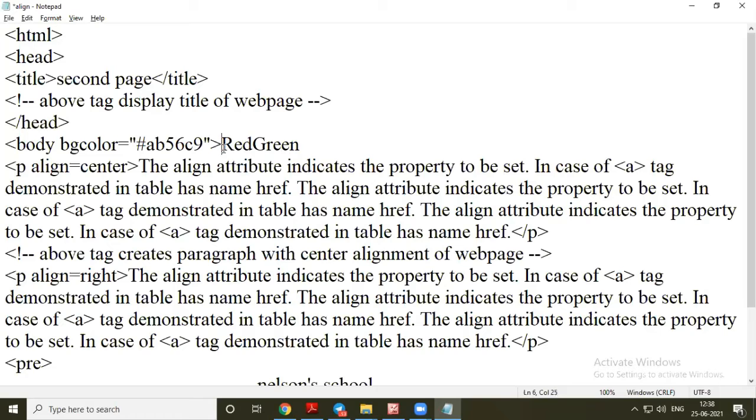And the last one C9, that is for blue color. Now read these three capital letters. This is R, G and B. So this is called the RGB format of color code.